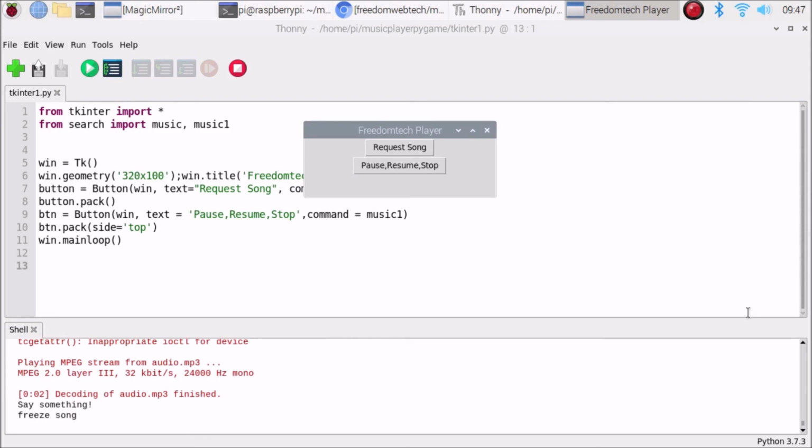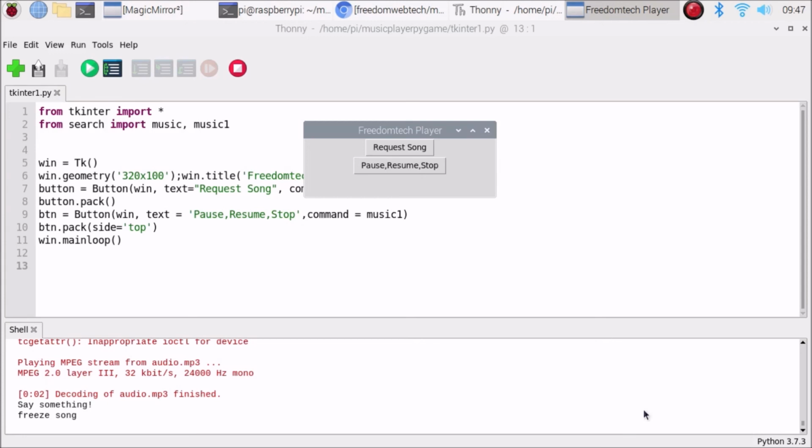You can change the command also, friends. You can mention pause song. I have mentioned freeze song. Okay, because if I use pause song, our speech recognition program sometimes takes a wrong command, like punch the song, all these commands. So I have mentioned freeze song because it recognizes it the right way. Okay, so now I have mentioned the freeze song. Now the song is paused.